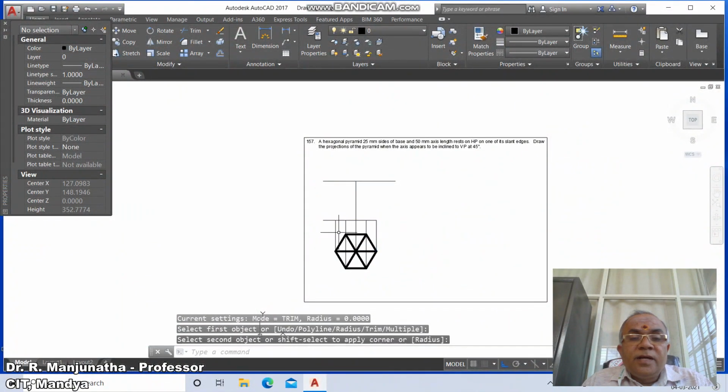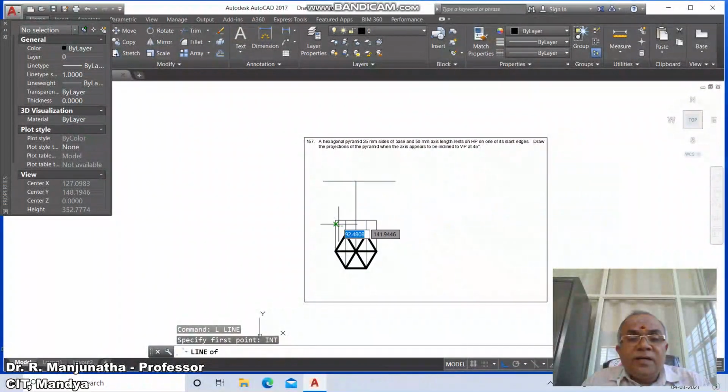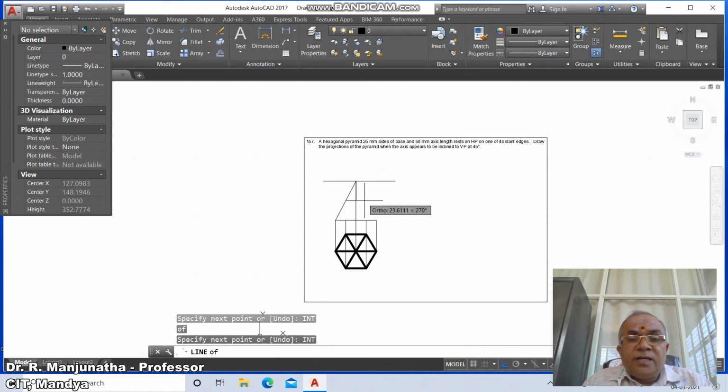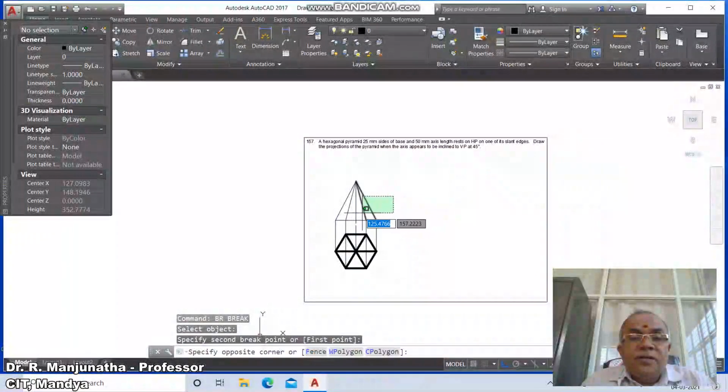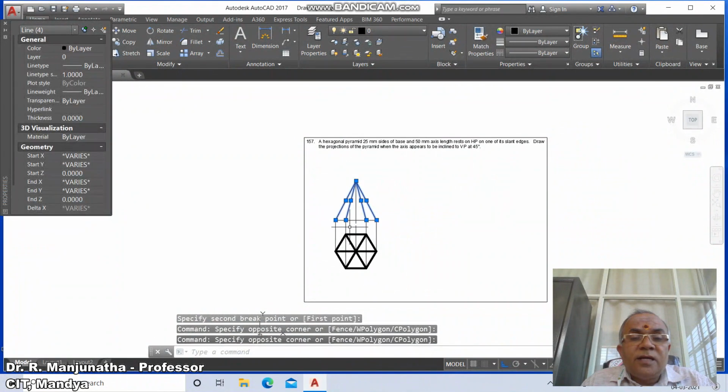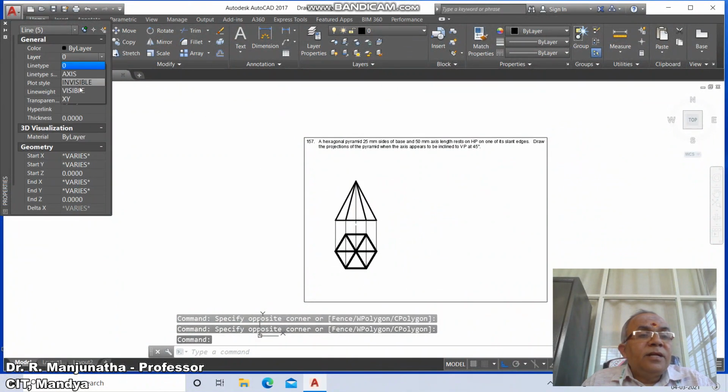between these two and similarly fillet between these two, then go to line, INT of this and take intersection point of this and take INT of this, similarly line, INT of this and take intersection point of this and take intersection point of this, then go to erase, then go to break, select this and break it here. Now you select these 4 lines and then this line and go to layer, make it a visible layer